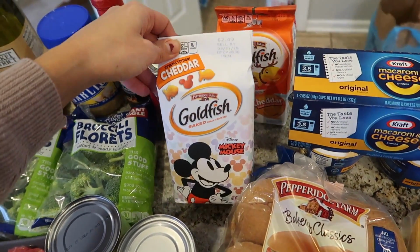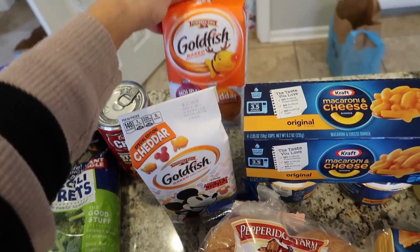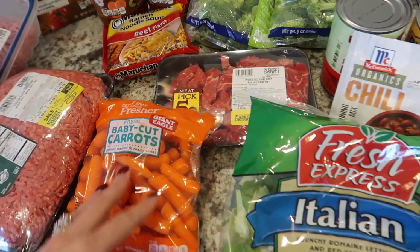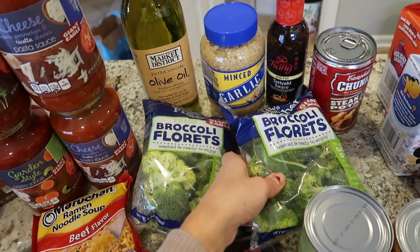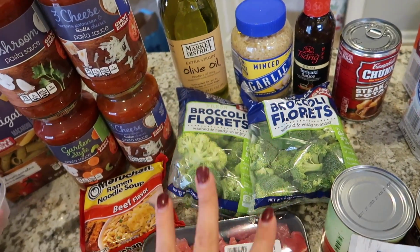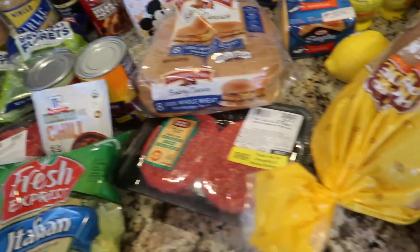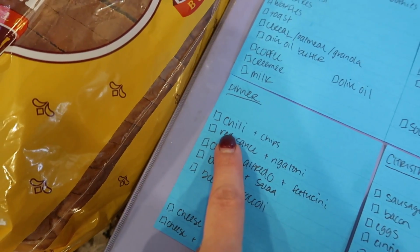And a lot of times, our kids love to snack on goldfish. So I got both the Mickey and these Christmas goldfish. And then just with their lunches, some baby cut carrots. And I'll use one of these broccoli floret packs just to give them some broccoli on the side. But a lot of this stuff overlaps for dinner too, because the meals I have